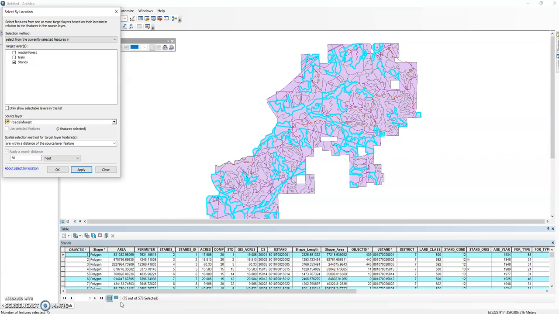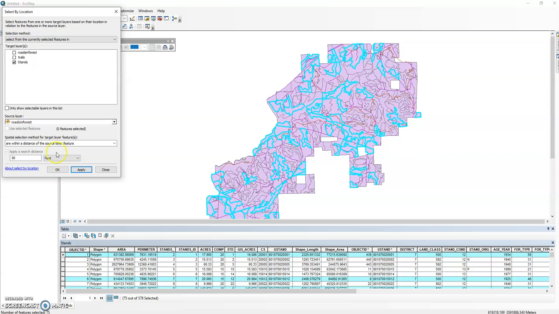There's two different ways to create buffers at a specified distance. So all buffers for your graphics or features will be created at a distance you enter here, or as multiple rings. This will create one or more buffers at multiple distances around your graphics or features. So this one, we're going to first